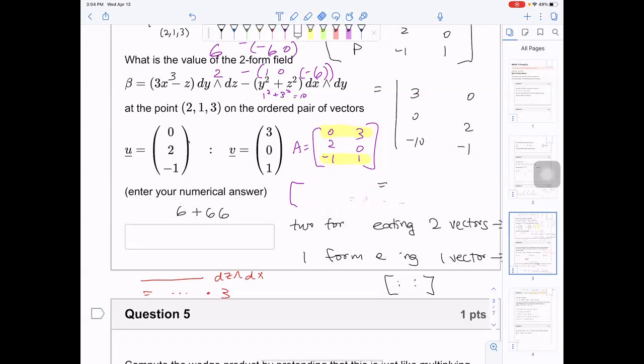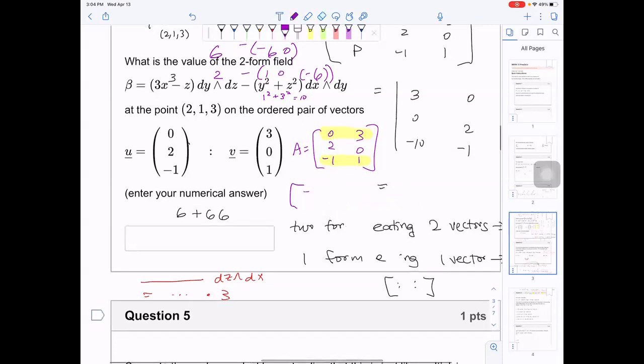Wait, dz, I think it would then flip it though. Wait, why would it? Wouldn't it not flip? Because wouldn't it flip it if it's dx wedge dz? Because the way the two form is written is dz wedge dx is f2. So if we have f2 and we're using this,